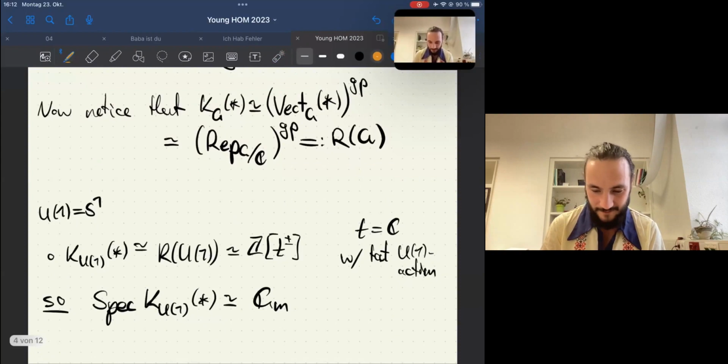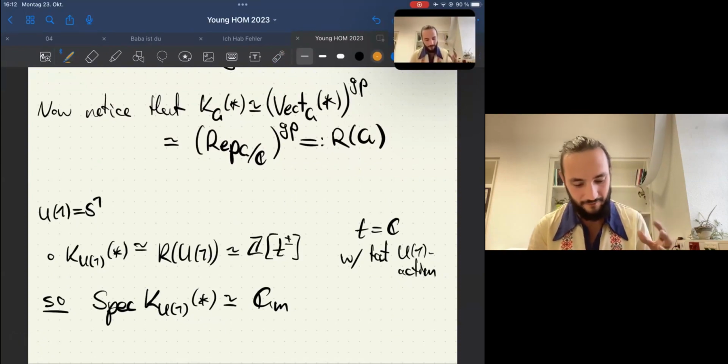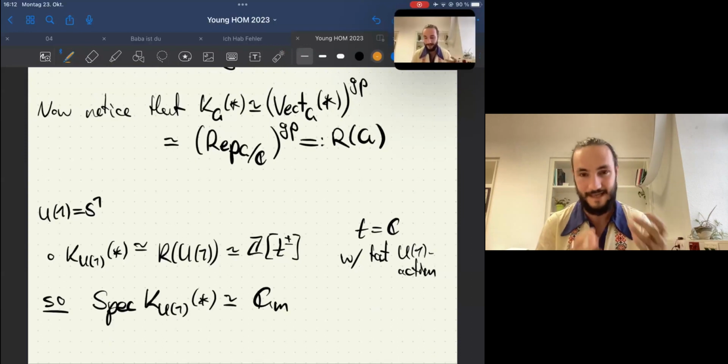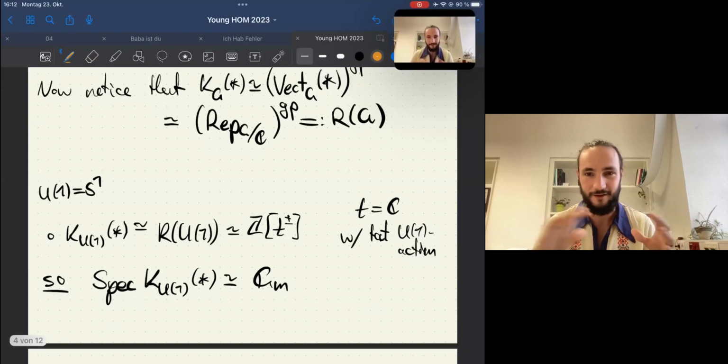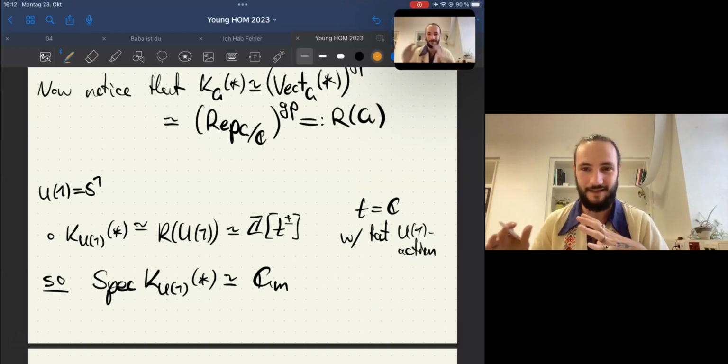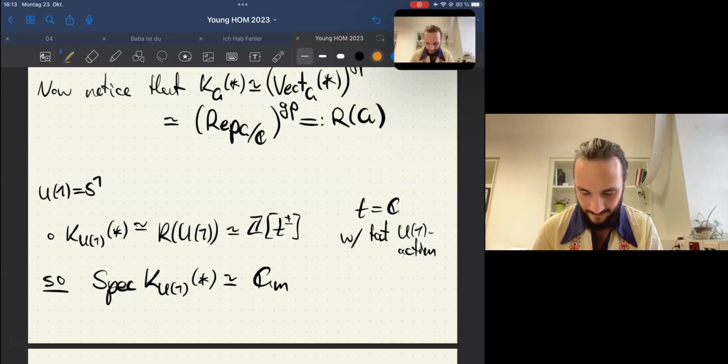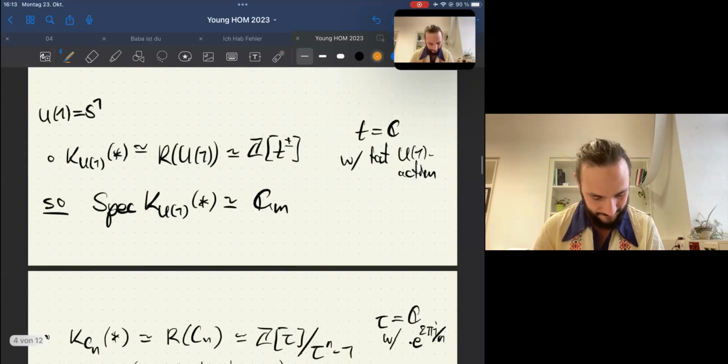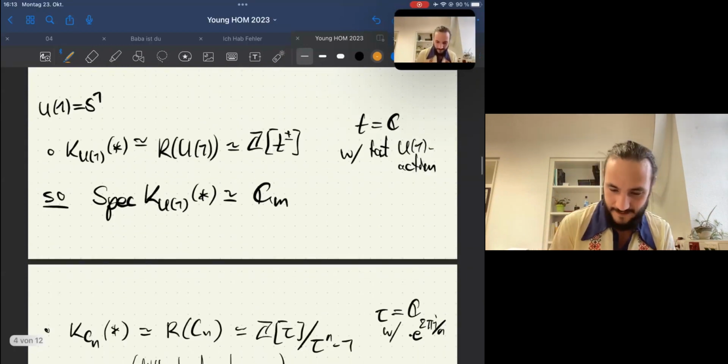Or, in other words, the spectrum of the U1 equivariant K-theory of a point is exactly this group scheme. And we'll come back to this in a second. I kind of want to play between the U1 story and the Cn story for some cyclic group Cn. Okay, so